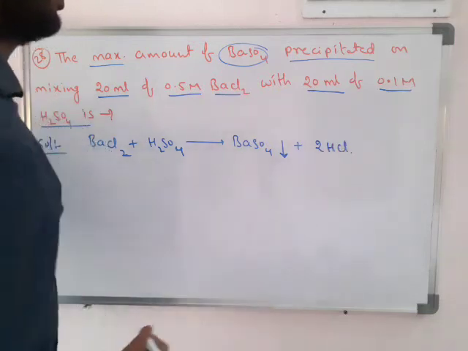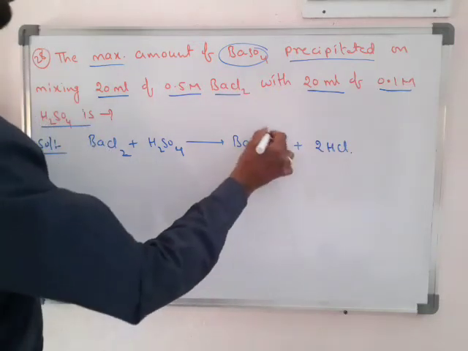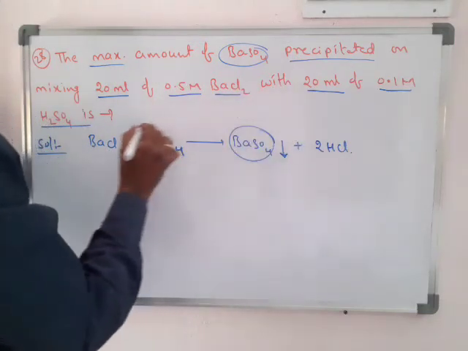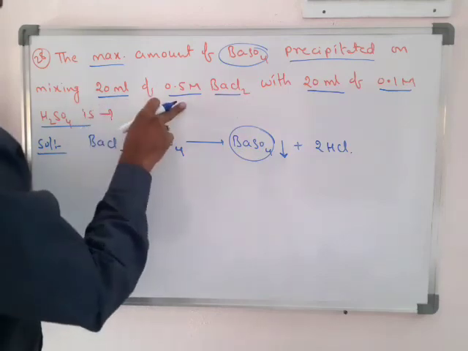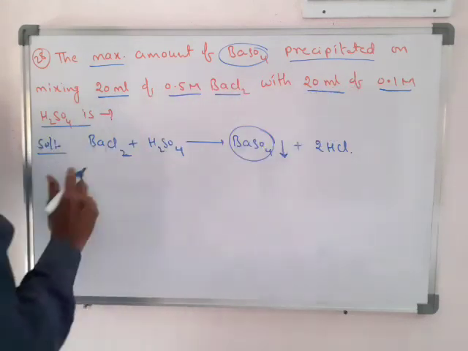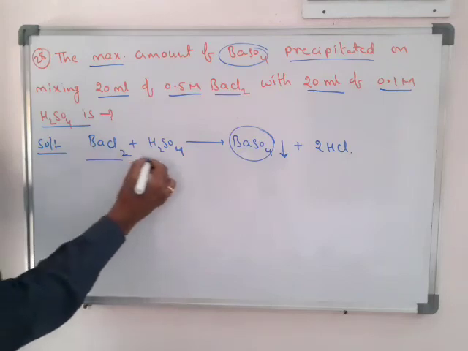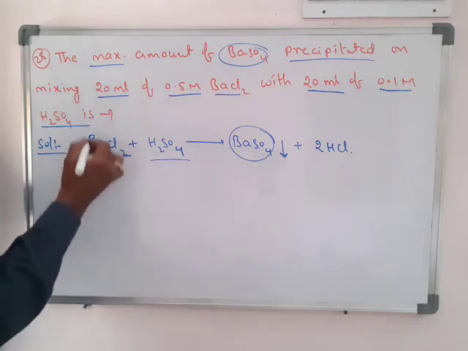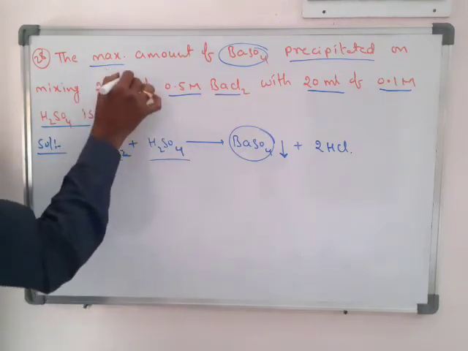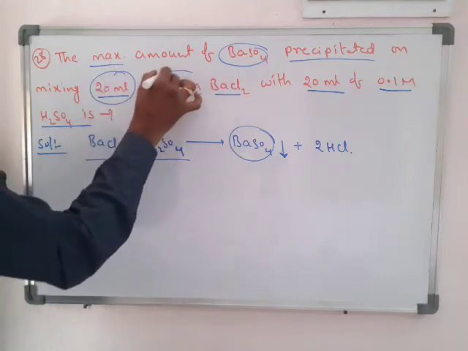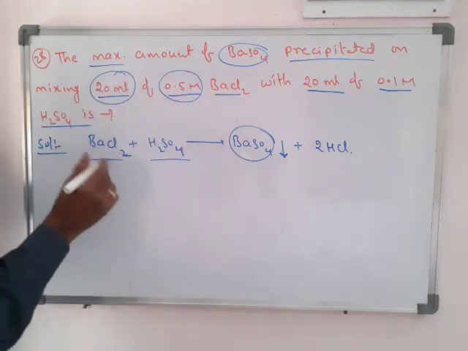So we have to find the amount of barium sulfate formed on mixing 20 milliliter of 0.5 M with 20 milliliter of 0.1 M. According to the reaction, it is 1 mole to 1 mole, but it is not given exactly in moles, it is given in terms of volume and molarity. So it means you have to compare